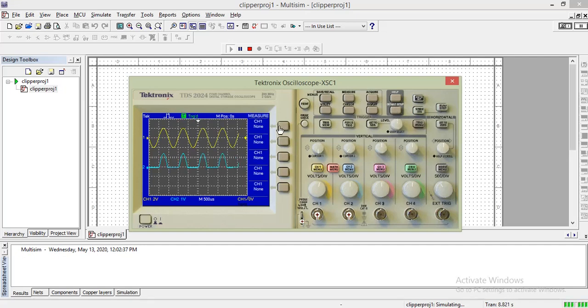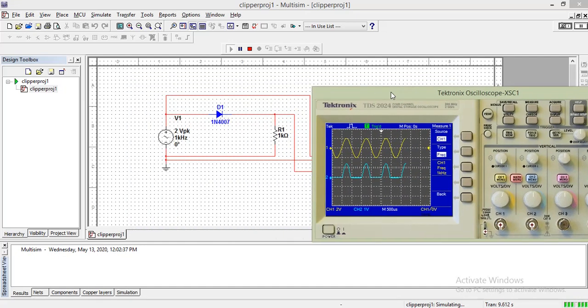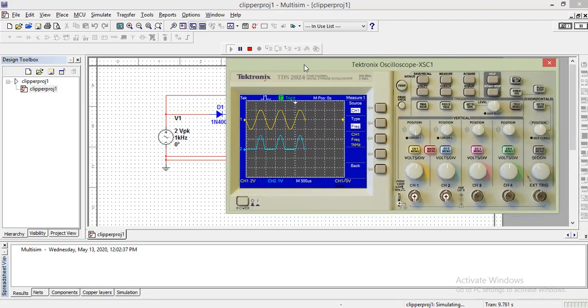We'll measure. Channel 1 we will take. Over here is the measure option. Channel 1 we will take, and the type of what you want to measure. Frequency is 1 kHz. It was already set there. You can see here frequency is 1 kHz. So input frequency, then period: 1 by 1 kHz is 1 millisecond period. Then the mean. Then peak to peak is 4 volt. We have given 2 volt, so peak to peak is 4 volt.